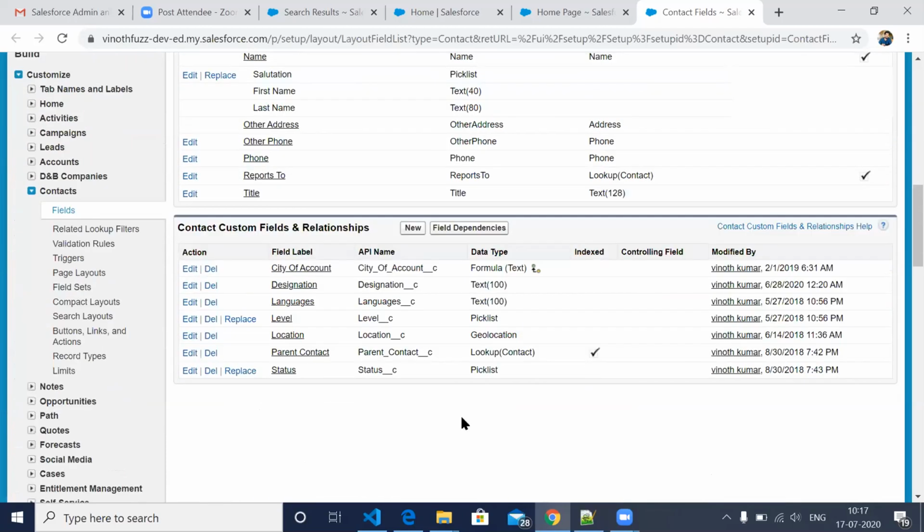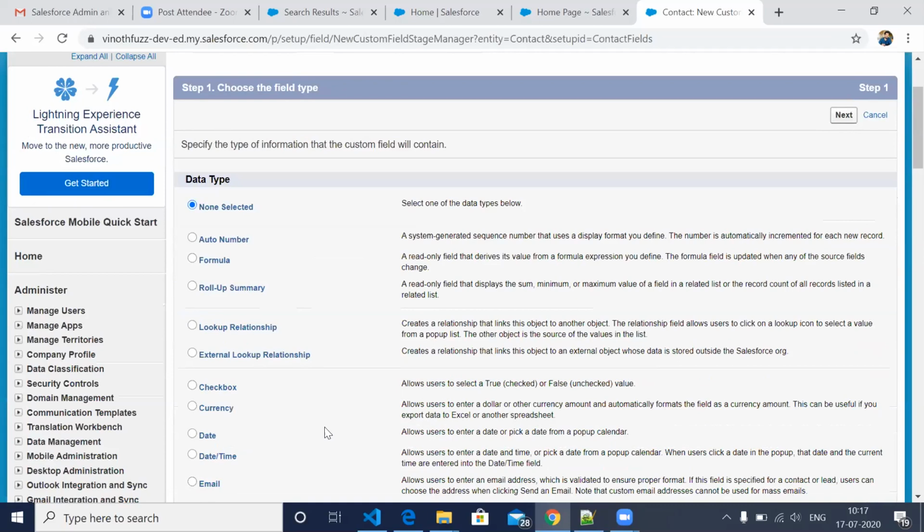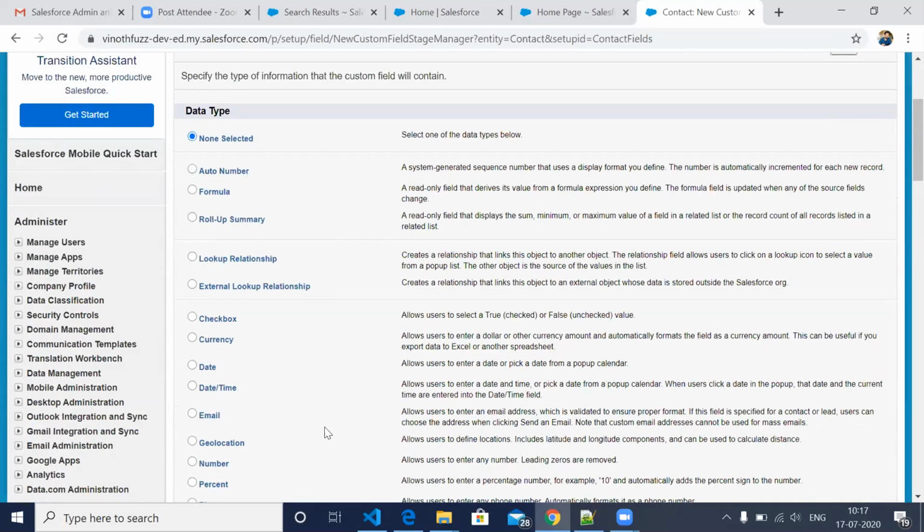I'll now show you how to create a new field in any of the tables. Once you come here, you have a New button for creating custom fields. You click on New, and here you get the option of which kind of field you want to create.